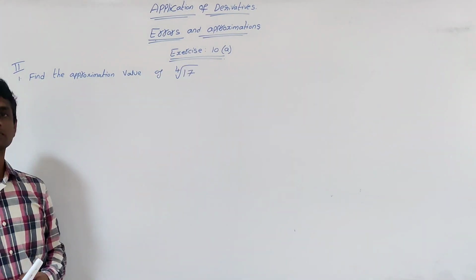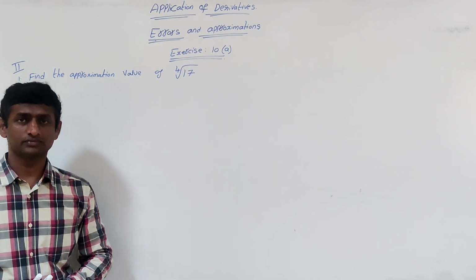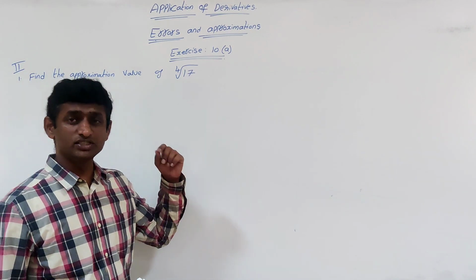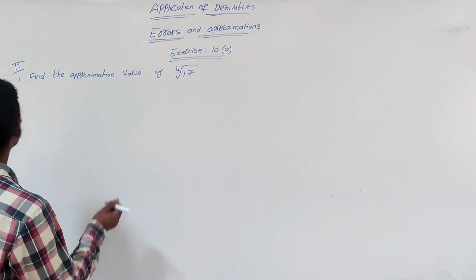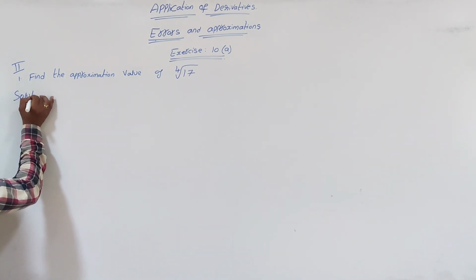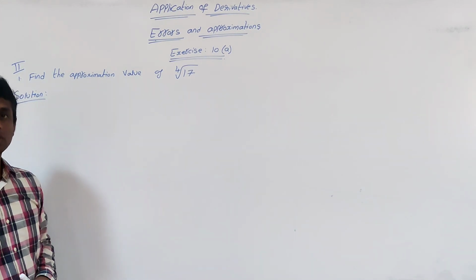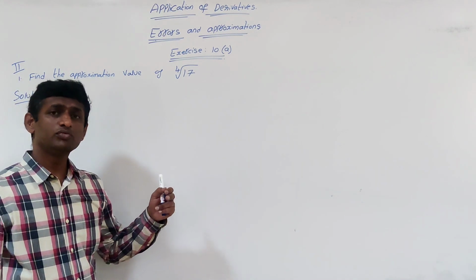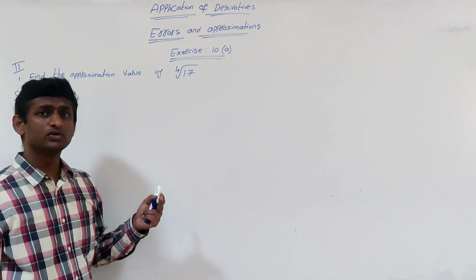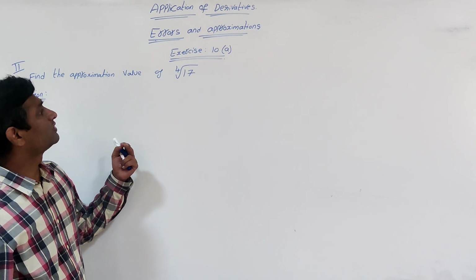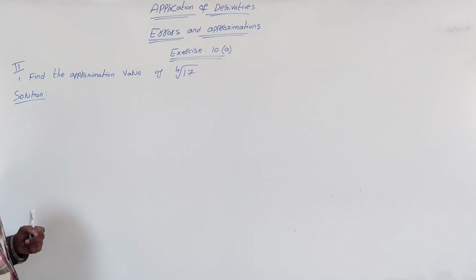Next problem, please. So the next problem is, find the approximate value of 4th root of 17. As we know, 4th root of 16 is 2. Means 17 is very near to 16. So we will find the value of 4th root of 17 by taking the function 4th root of x. In the place of 17, you may have 64 also. 4th root of 64 is not a whole number, so we go for 256. Or we can have 81, 4th root of 81.